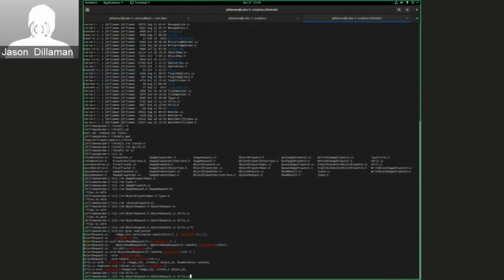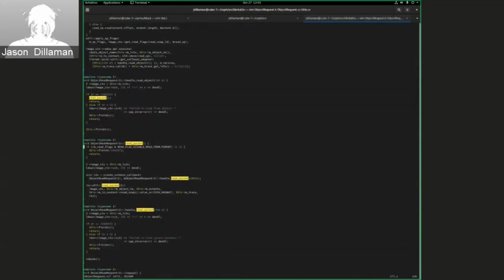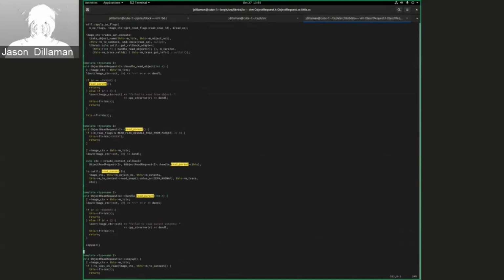Going back to, if you read the parent, same thing. It checks for errors. If the parent didn't exist, that means there's no data to read. If there's an error, bubble the error up. And then we optionally